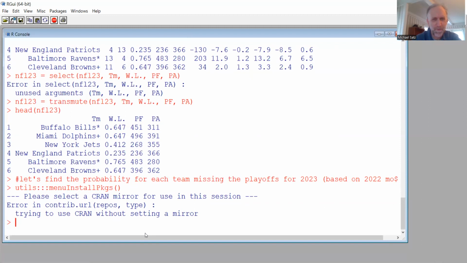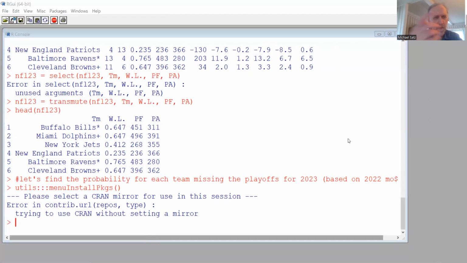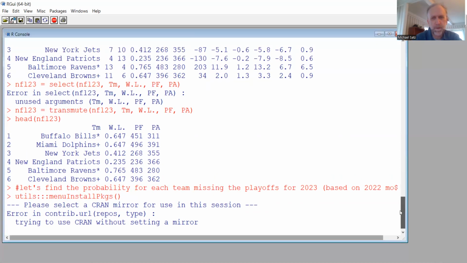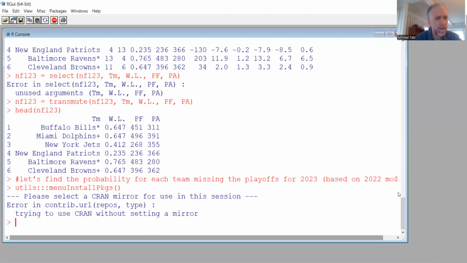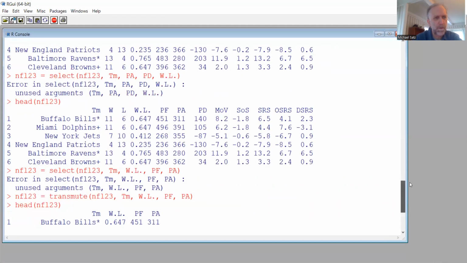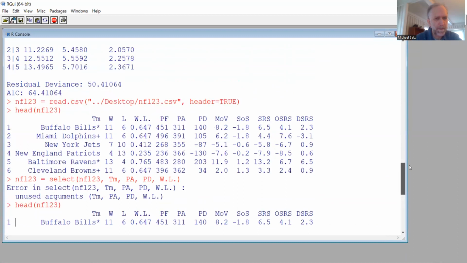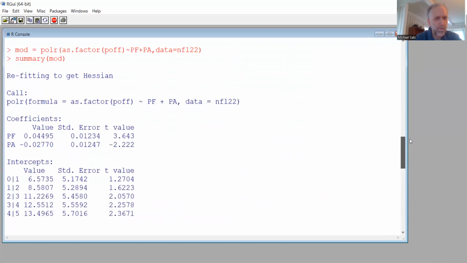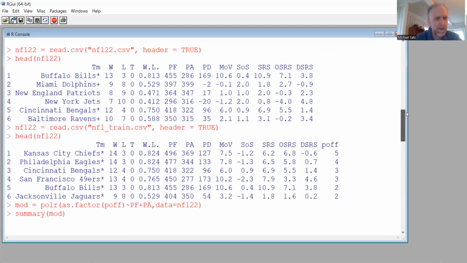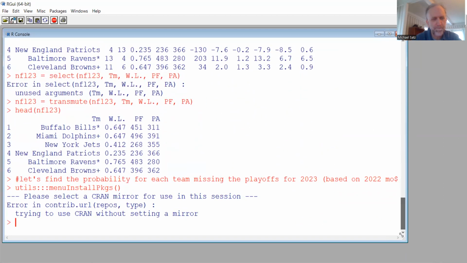Thank you. Okay, so I want to dump that whole thing just to see. I think I called it NFL trainers. What did we call it? So let's look at this command. We read in NFL train. I called it NFL 22 because this is really the info from the 2022 season. So let's just look at the whole thing again.